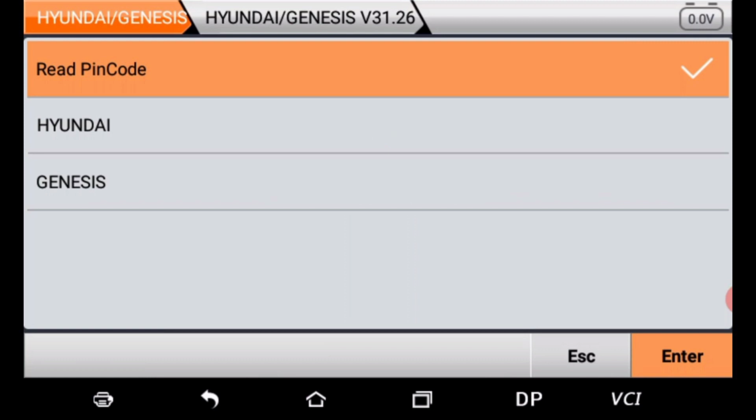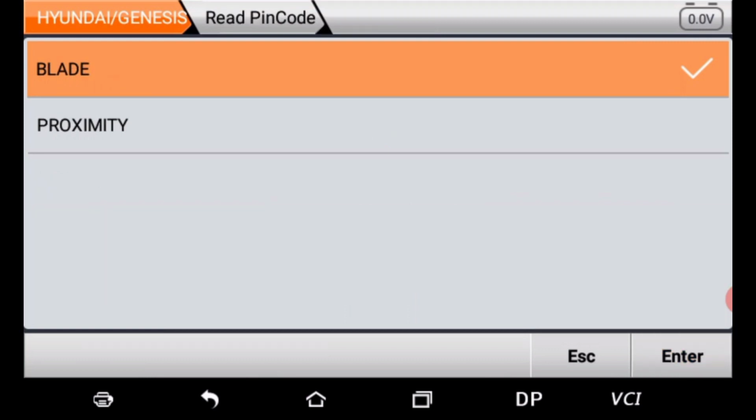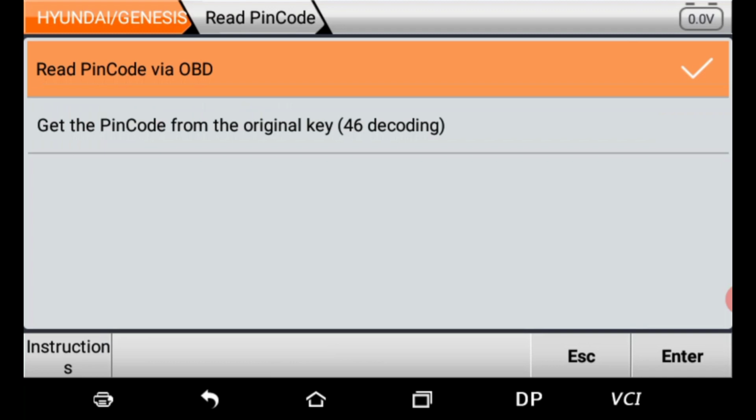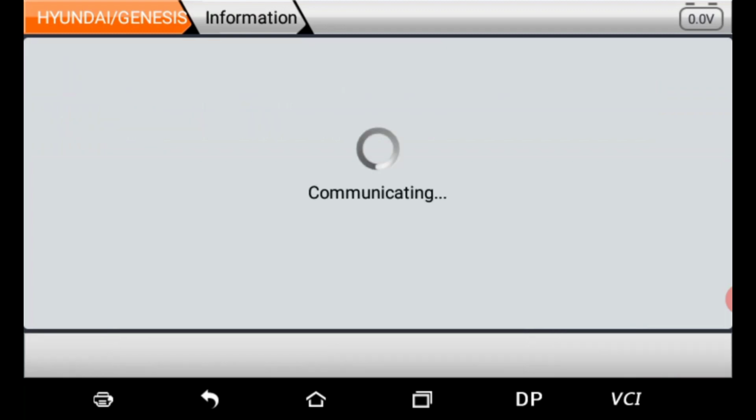So press enter. So in this one we got blade and proximity. So our vehicle is blade key, that's why we should enter into blade option. Otherwise if our vehicle is a smart key, then we have to go for proximity key. So here I am going for blade option. So here we should go for read pin code option, and here we have to select read pin code via OBD, onboard diagnostic. And now the tool is communicating with the vehicle,